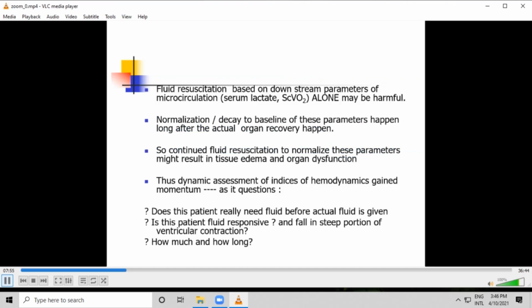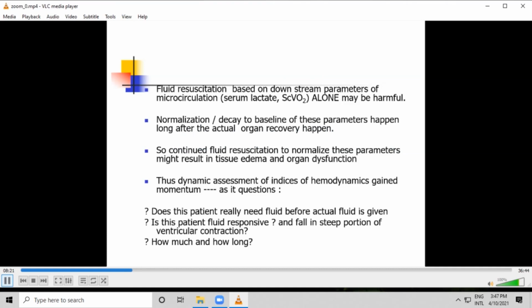Fluid resuscitation is based on downstream parameters of microcirculation. When it is based alone on these parameters like serum lactate or central venous oxygen saturation, it may be harmful. Why? Because normalization or decay to baseline of these parameters happens long after actual organ recovery happened. And during that time, if you continue with fluid resuscitation to normalize these parameters, it might result in tissue edema